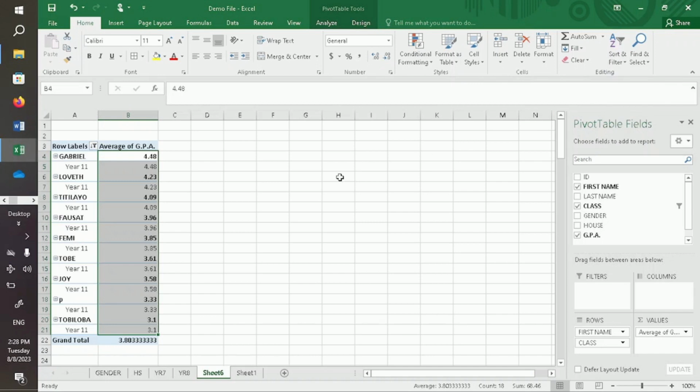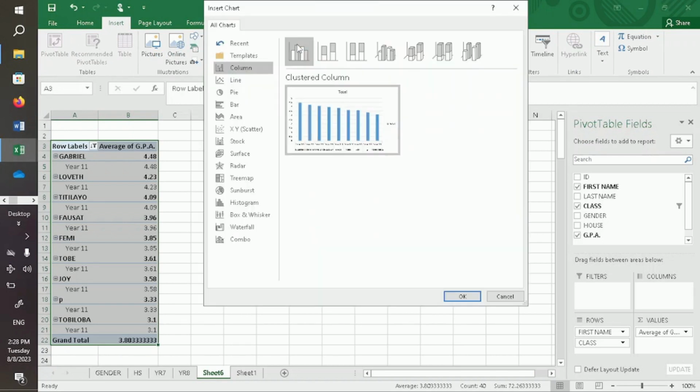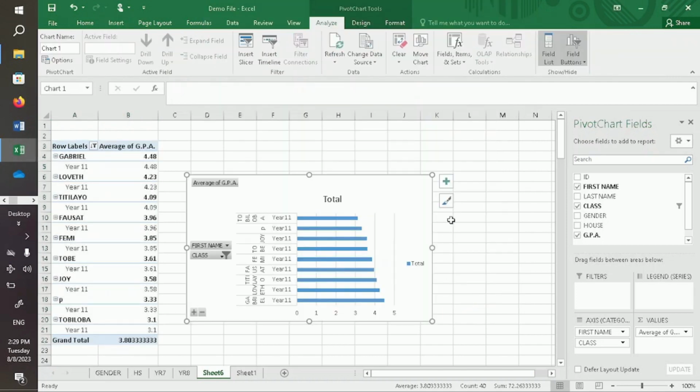So in this case I have 1, 2, 3 people that have above 4 points. And if I want to draw a graph for this as well, I can equally do that. I will just select everything, click on graph. So let me use this horizontal this time around. Okay,